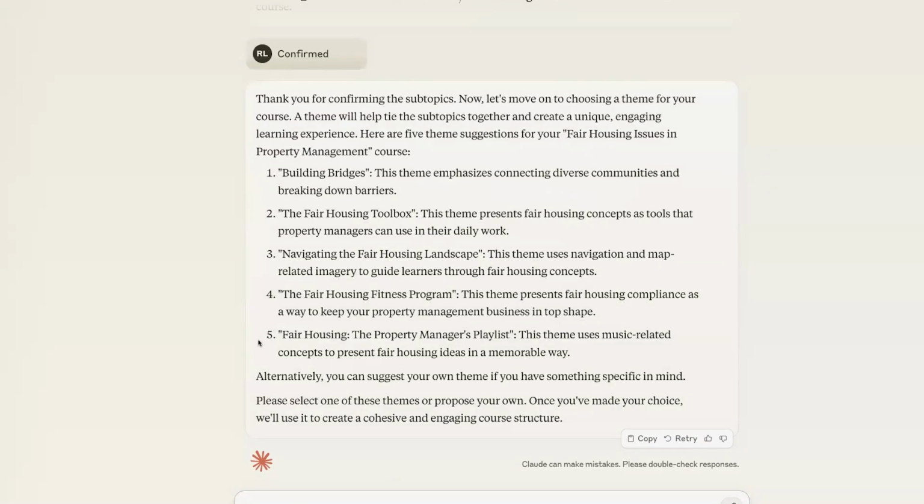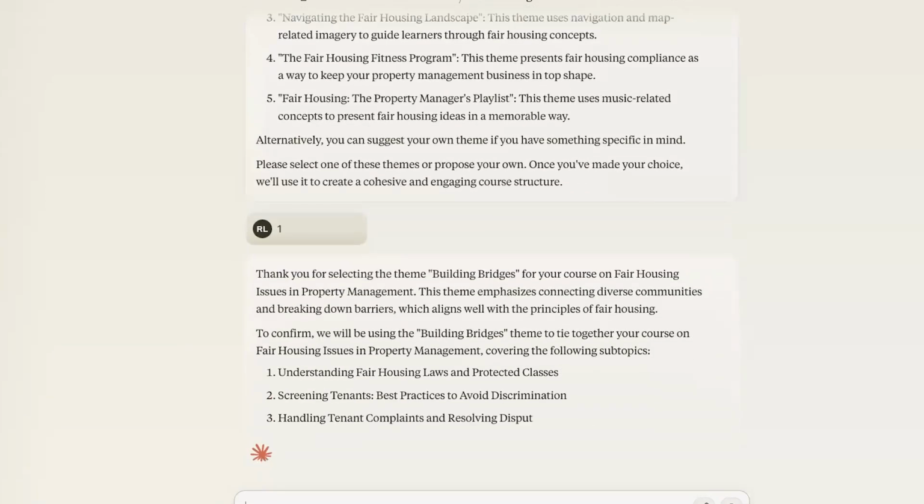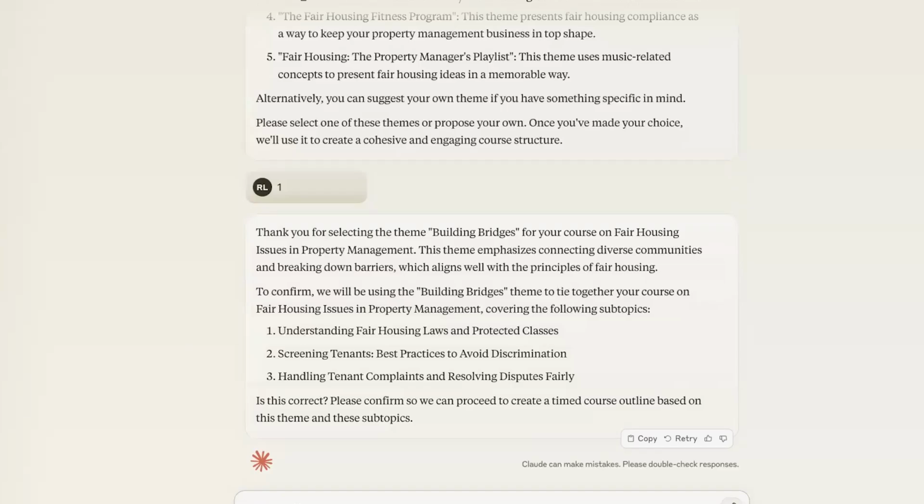Are any of those themes anything that might stand out to you, or is there another thematic element that you would like to tie this around? Number 1. Okay. And again, it'll go through and ask us to confirm. All right, and is this correct? Yes.